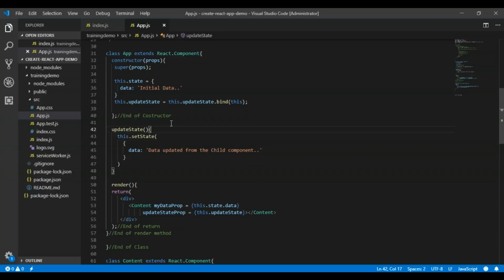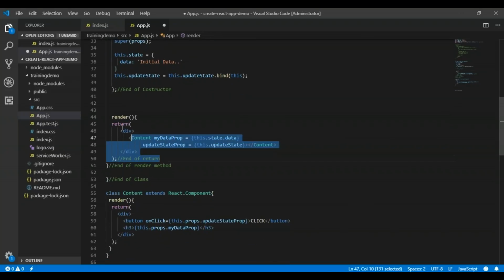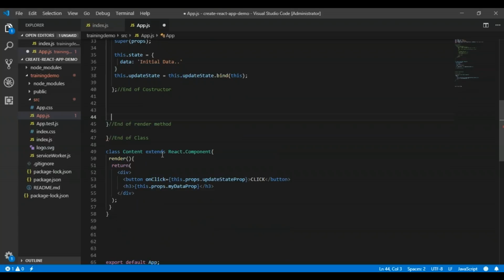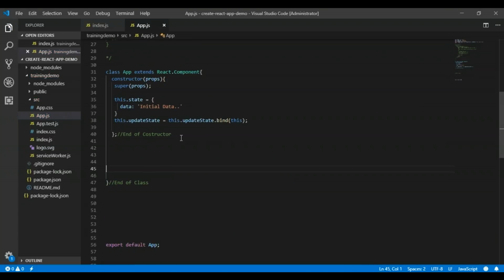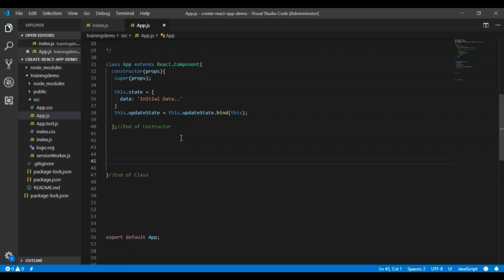Okay, so let's remove everything. We have a constructor with props, and this.state. Let's remove this method, and let's remove this render. Remove this class. So we are using the same App component. What we are going to do is have a constructor with the props keyword and the super keyword with props.